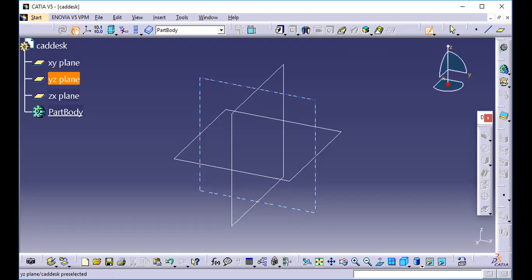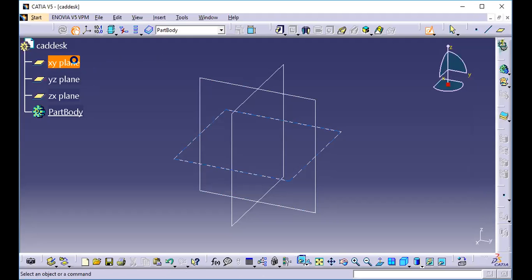Now, like AutoCAD, here it will show you what to do next. This is called your status bar. Sometimes it will prompt you. So now, when I select sketch, it is asking to select a plane, a planar surface, or a sketch. Let me select a plane. Let me select the XY plane as my working plane.